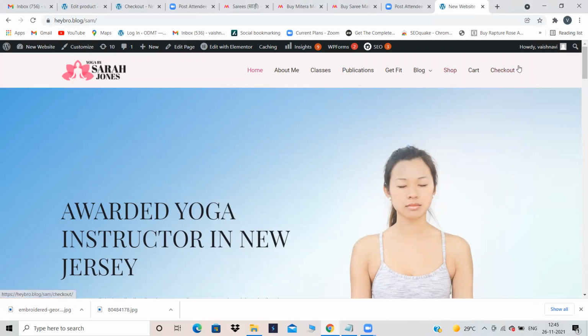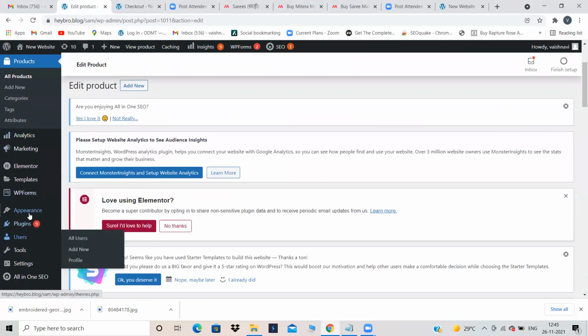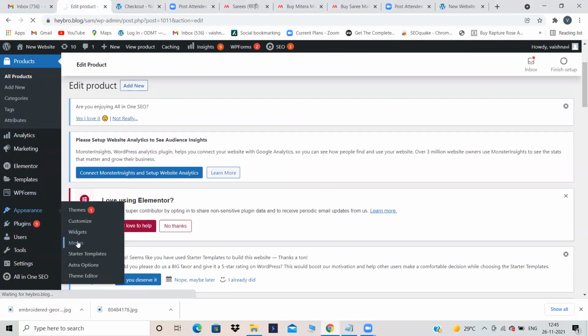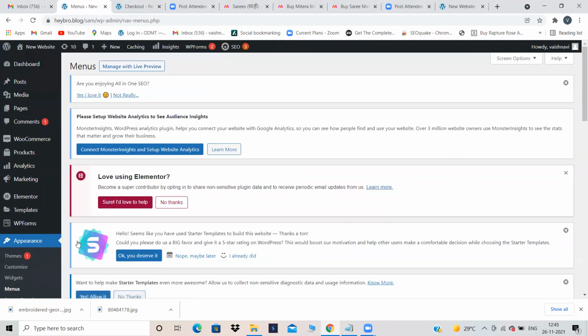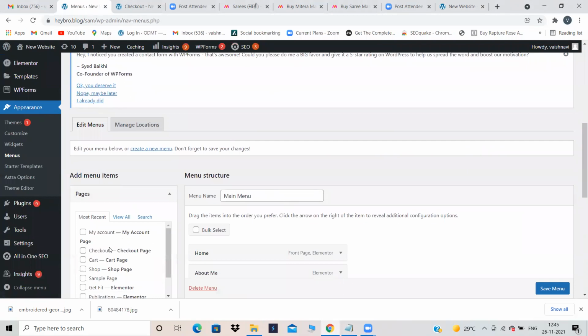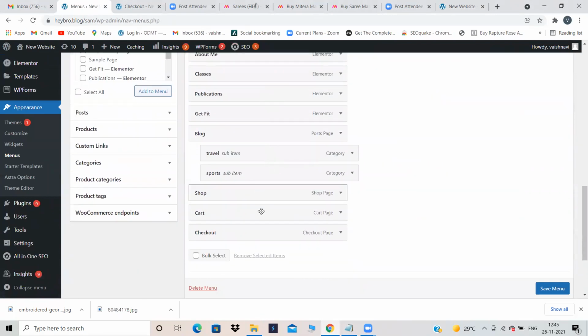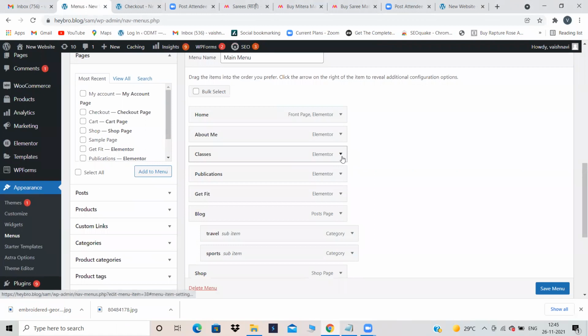Shop page, cart page, checkout page will be created by default. They will not appear in the menu by default. For that, you have to go into appearance, menus, and we need to add them. If you go into appearance and menus, then you will be able to see all those 3 options. Just add all the 3 options over there. See, checkout, cart, shop. I have already added, so I'm able to see all these 3 options over here. And if you have cloned any page, that option also will not be added to the menu by default. You have to just select the cloned page over here and add it to the menu. That's it.